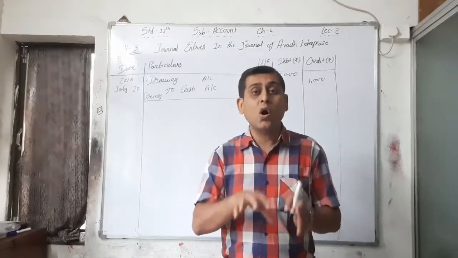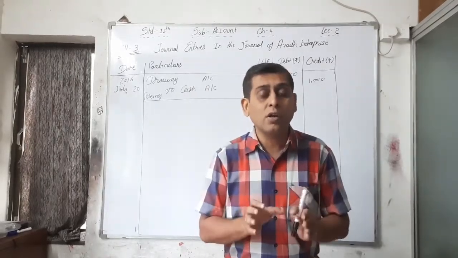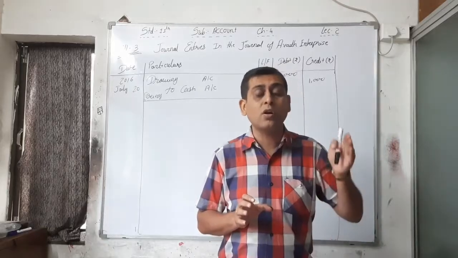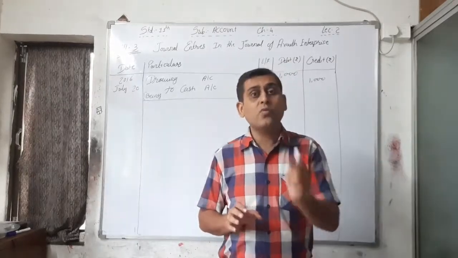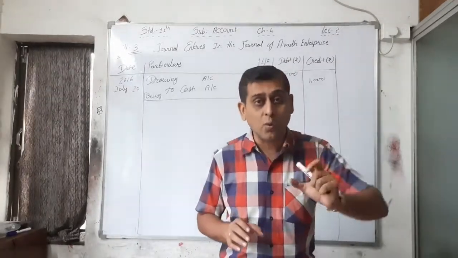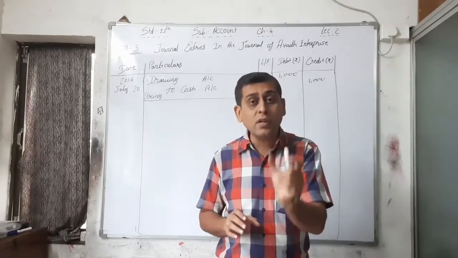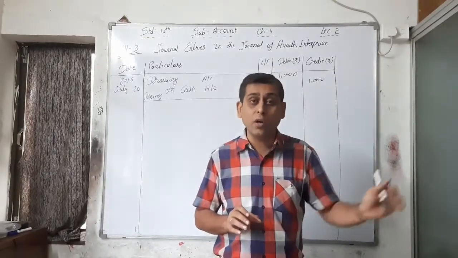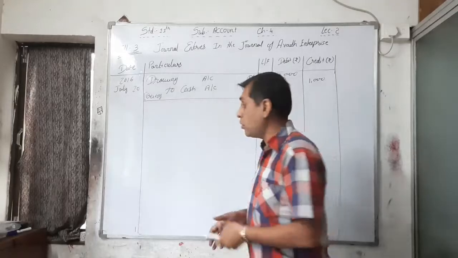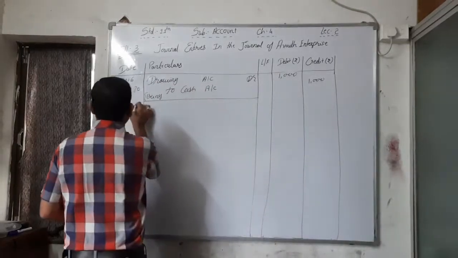That's why in all these accounts, not a particular insurance premium or a particular tax, we have to write a drawing account, because it is a personal expense of the owner. It is not a business expense. That's why. Now 22nd,